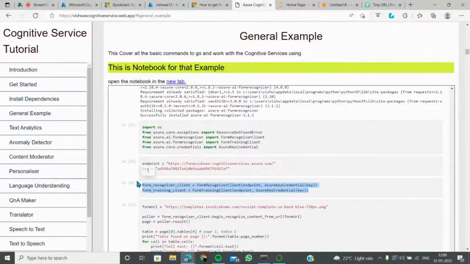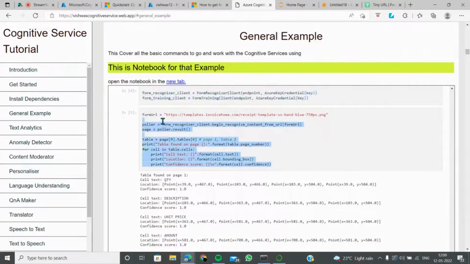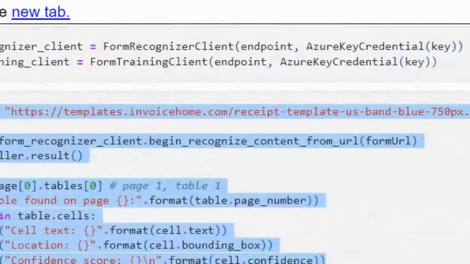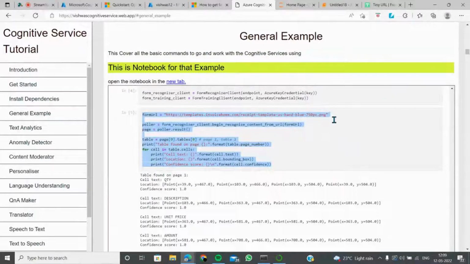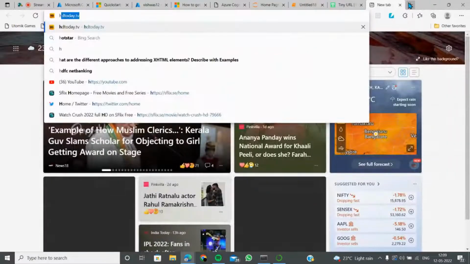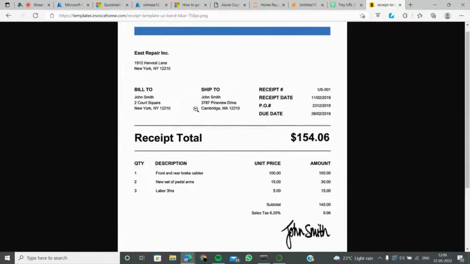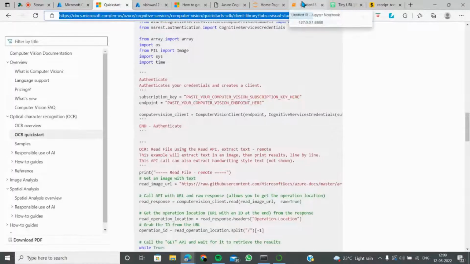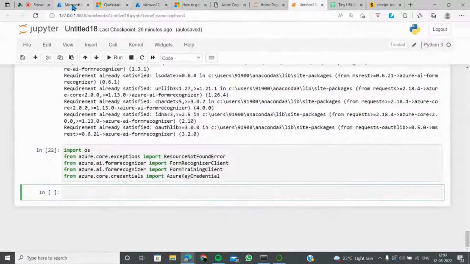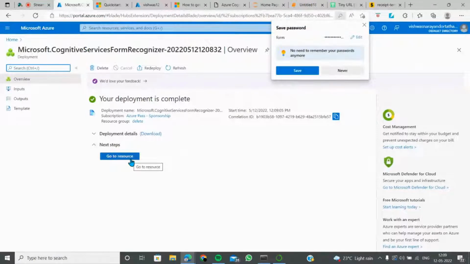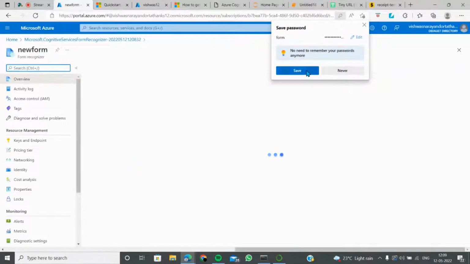So in a similar way, we are creating the form recognizer API, and this is what the URL is for the form. So I'll show you how this form is, and we can start working towards here. So yes. So this is the form. This was just a template of it. So now we are getting it, and we can go to that as well. So form recognizer already done. Perfect. Form recognizer is already here.